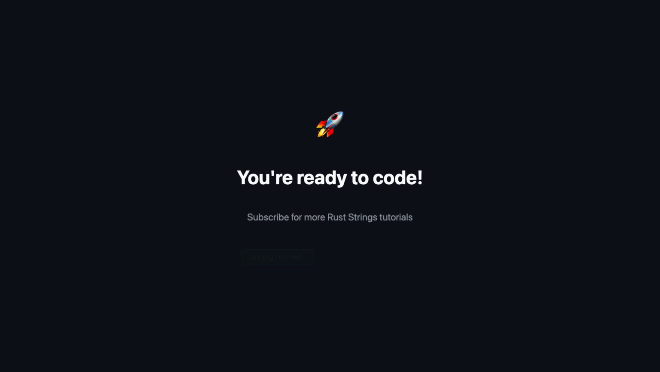Excellent work! You've mastered Rust strings. You learned the difference between owned strings and borrowed string slices. You explored useful methods like len, contains, and replace. And you discovered multiple ways to concatenate strings. These skills